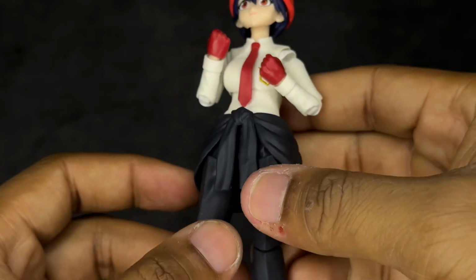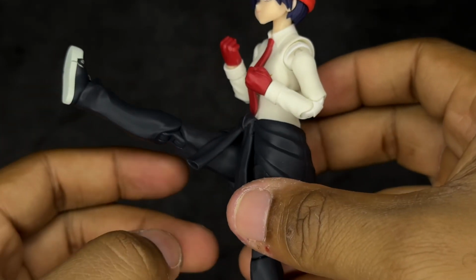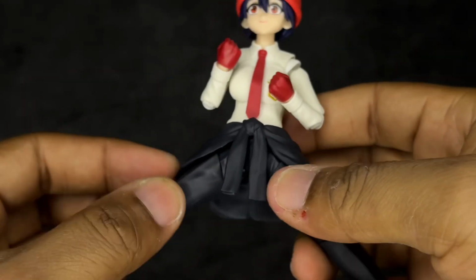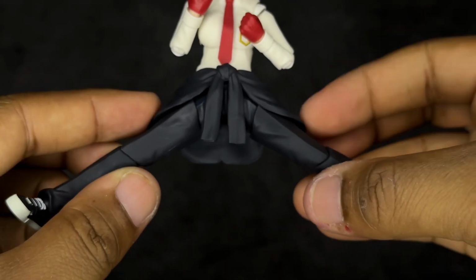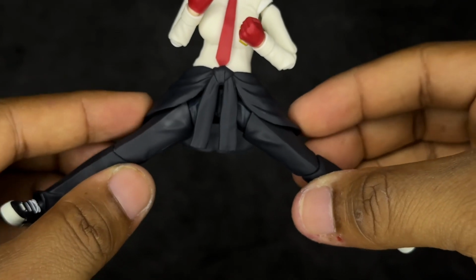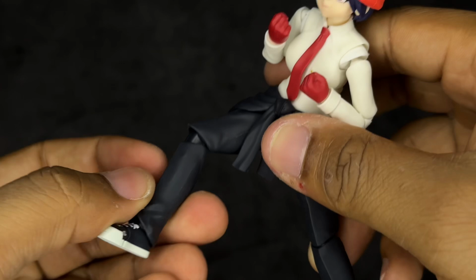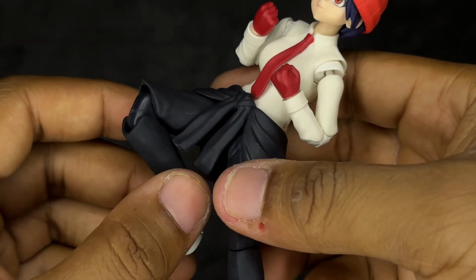Now, when it comes to the legs, she kicks up all the way, much better than I thought, actually. I was sure that this was going to hinder it, but it really doesn't. She kicks out about that much, and that's good. I love how everything still looks flush. That's great. She does have a thigh swivel, and she does have,